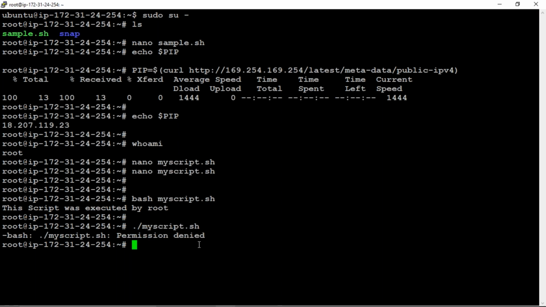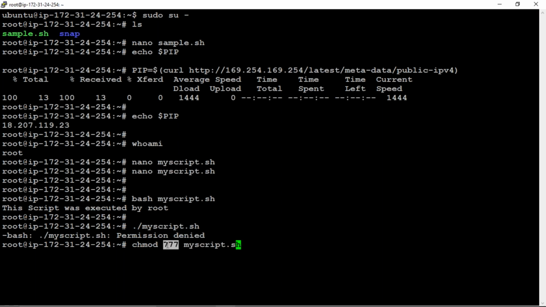So we can change the permissions for this file also. chmod, myscript.sh. So we need to give permission, right? 777. But make sure that in real-time scenarios you can't give 777 permission. So you can't give permissions to all the users.